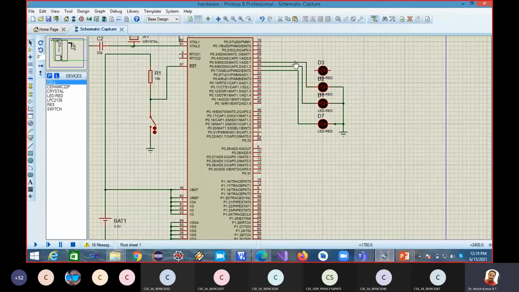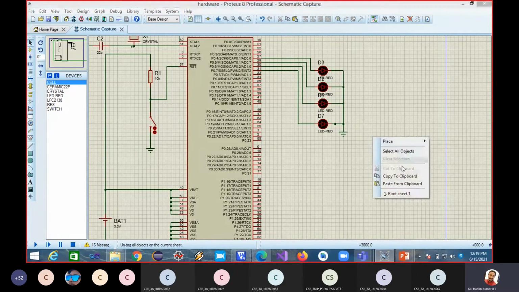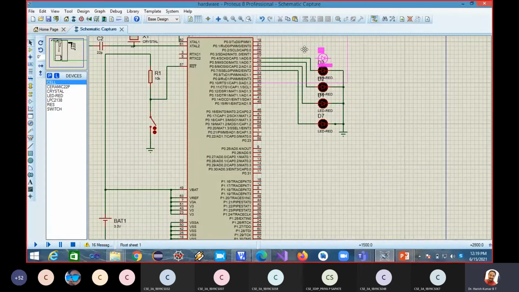Again from 0.4. Paste from clipboard. Oh, if I keep here, it is not possible for me to connect. Okay. From where, 0.3? Yeah, I can connect it.